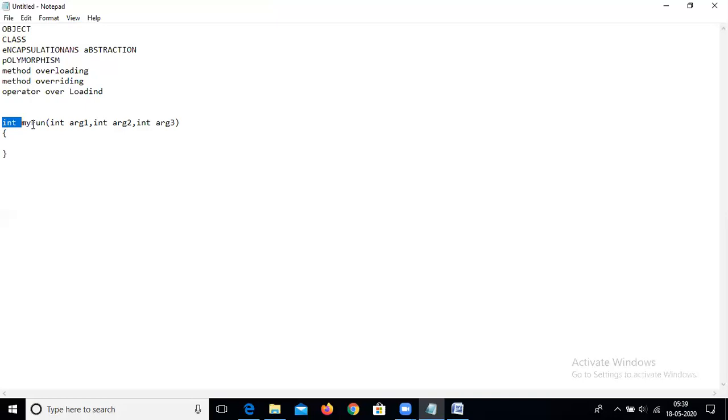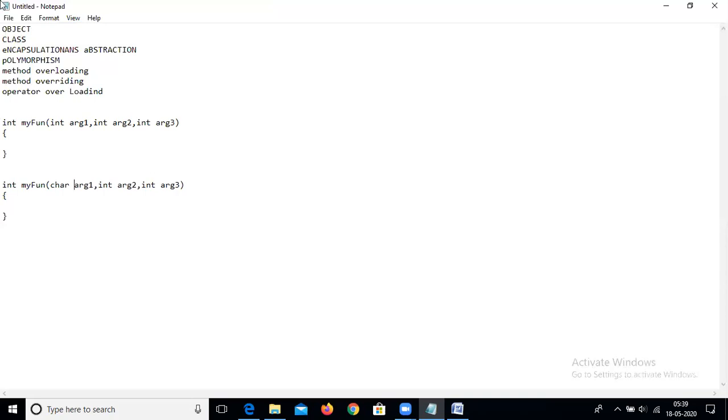Inside the same class, functions with different signatures means the number of arguments can be changed, or the type of arguments can be changed. Suppose there is one function, int myfun, and another function with a char argument one.